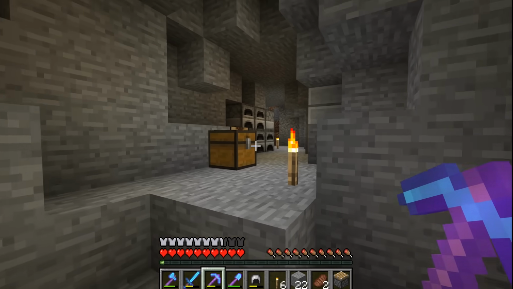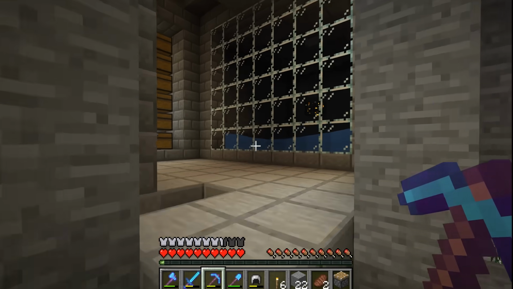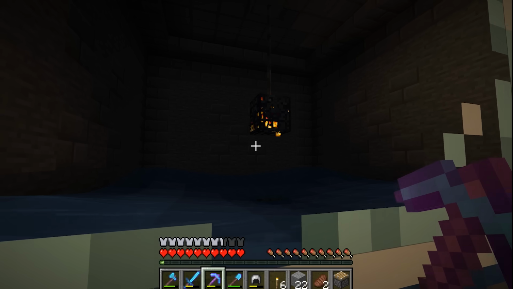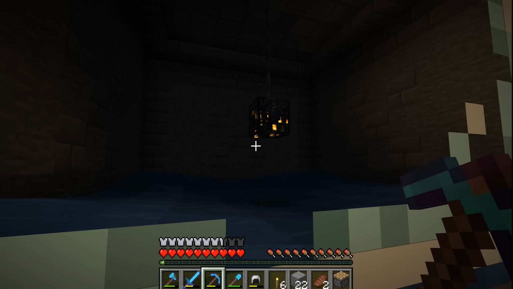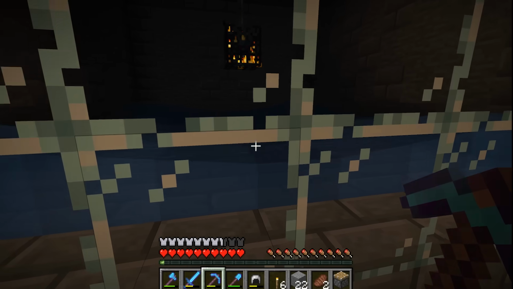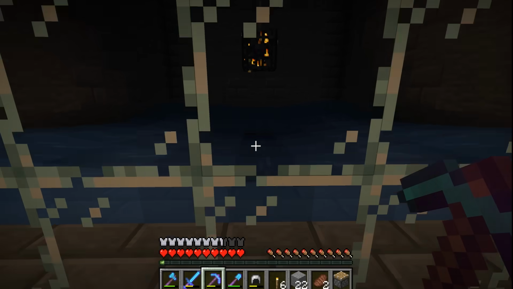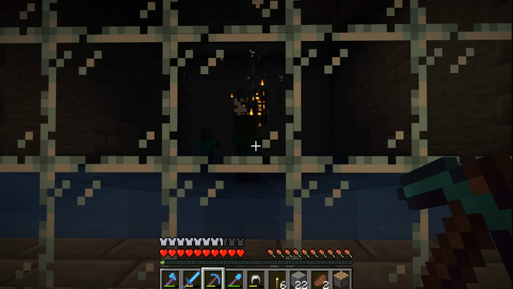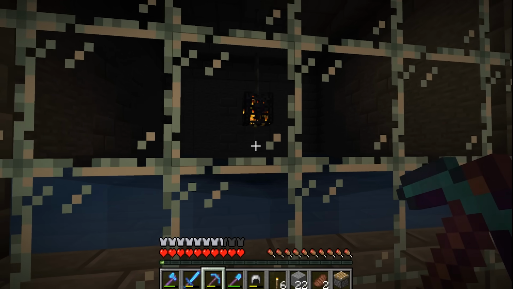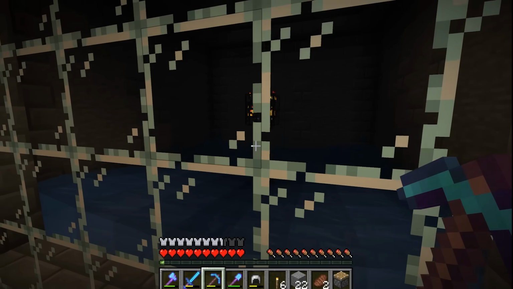I believe this entire place was actually built up around my XP grinder. So you can see that we have a zombie spawner. Is that skeleton? I think it looks like zombie to me. And this is a terrible design. A really awful design. Well, I mean, it's not awful, but I clearly didn't understand how XP grinders worked back in those days,